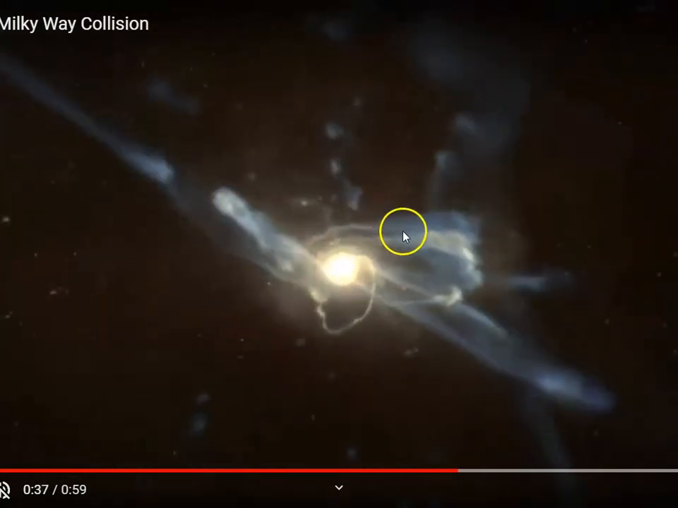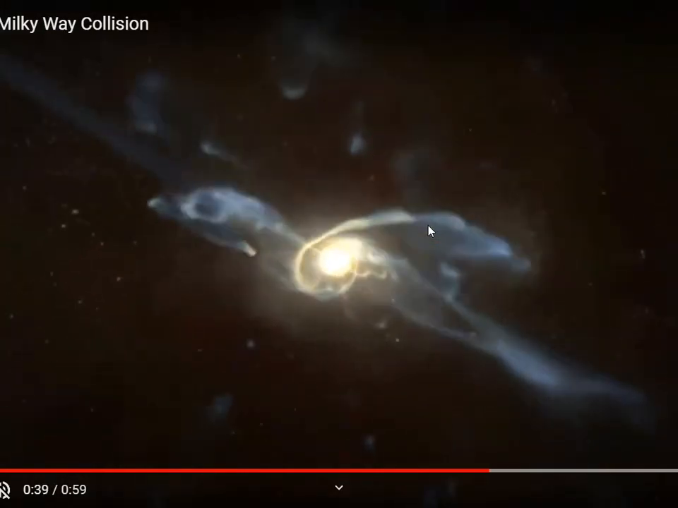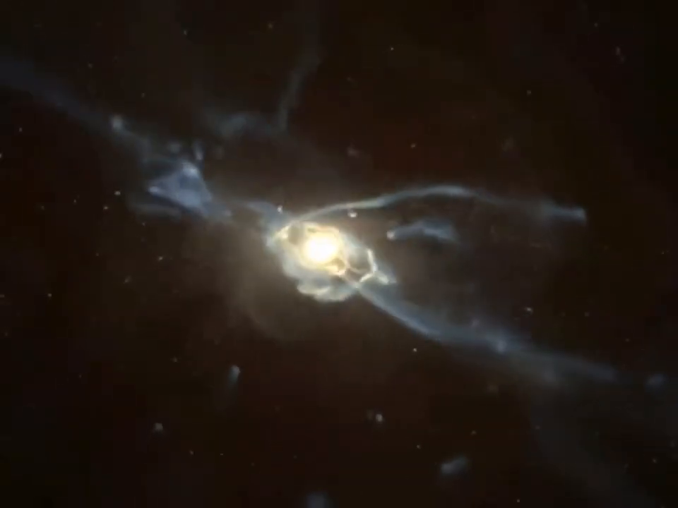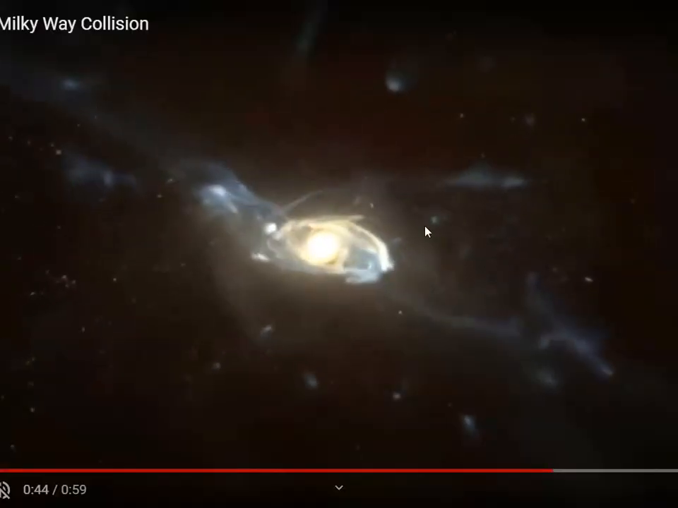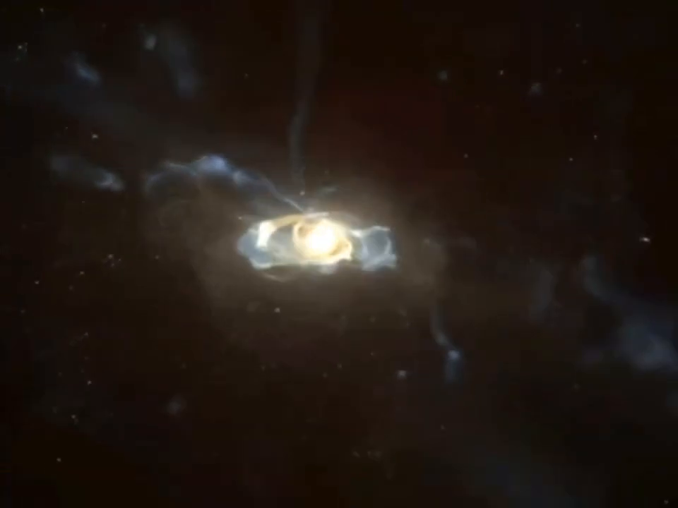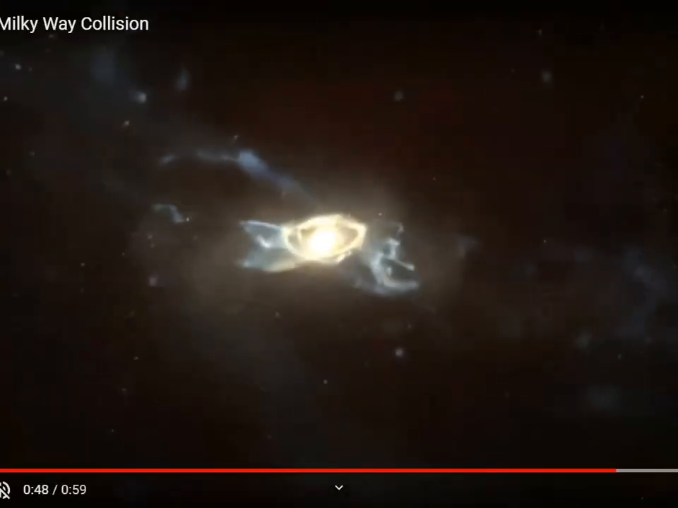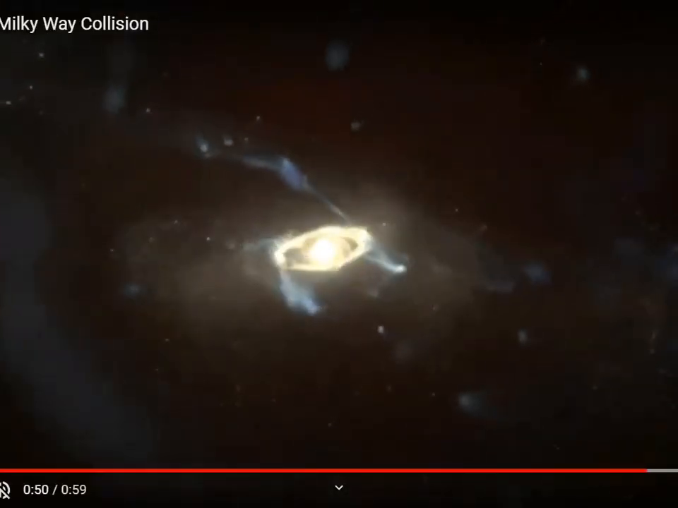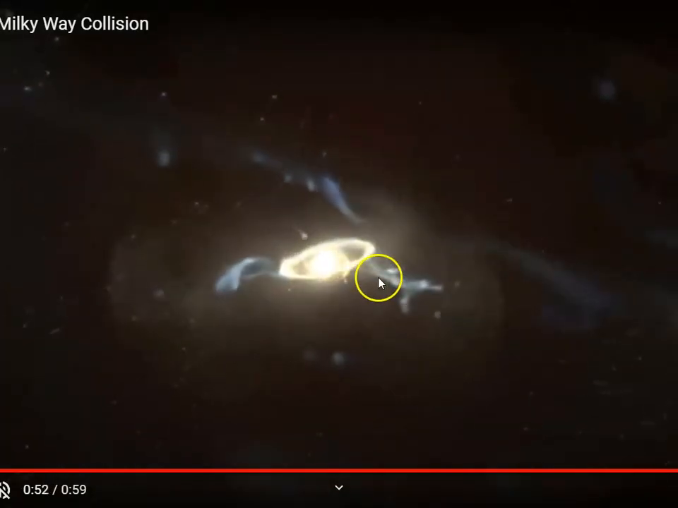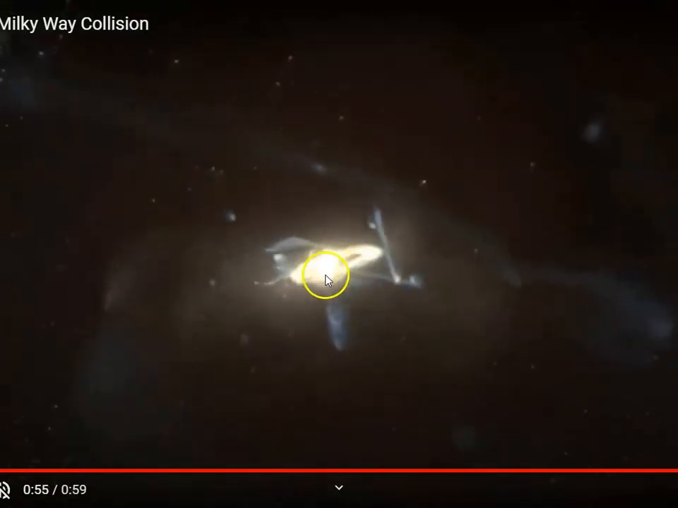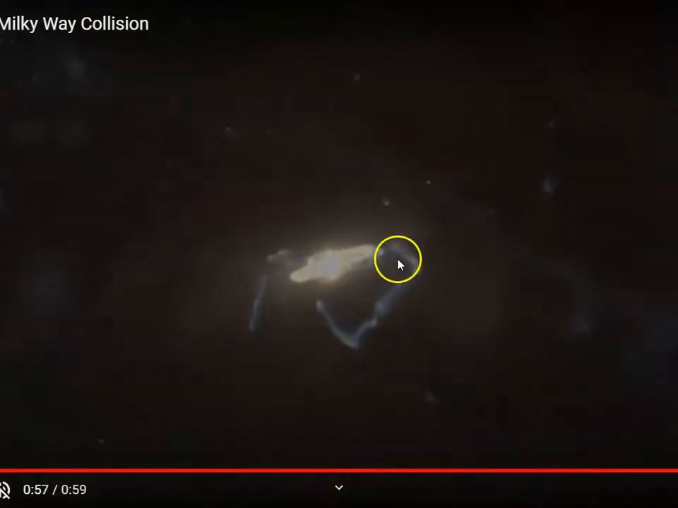You have all these tidal forces and these tidal tails, with just an absolutely spectacular event in this case. So again, can't wait. It's going to start in about 4 or 4.5 billion years, and it's going to last for a few billion years. And the end result of this is going to end up being a lenticular galaxy or a giant elliptical galaxy in that particular